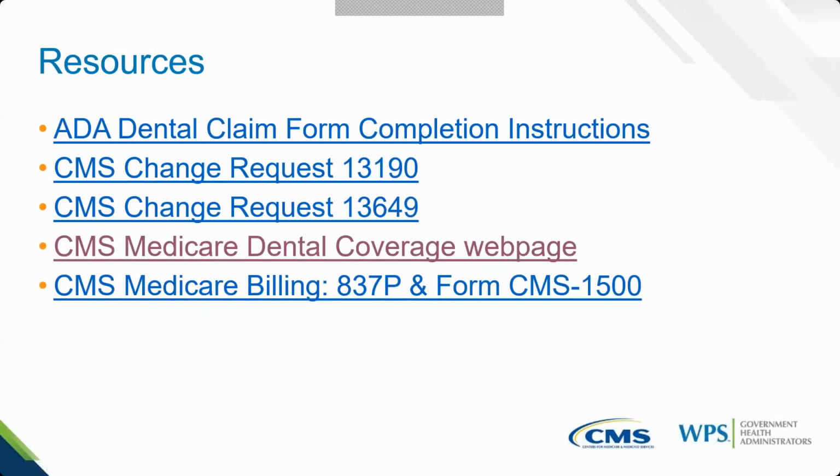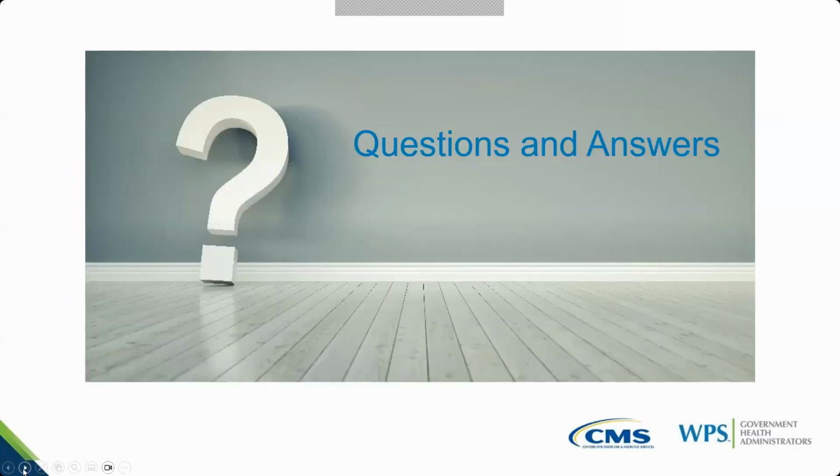So that brings us to the end of the presentation. So we're going to go back to the chat here. We're going to take a look and see what's come in for questions that you have related to this topic. Looks like Amy has a question. It says, will claims with dental services billed with KX modifier on the UB hit for medical review? And that's a really good question. And the simple answer is maybe.